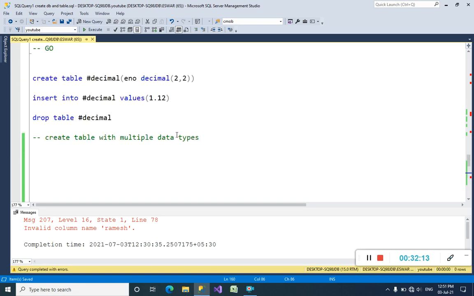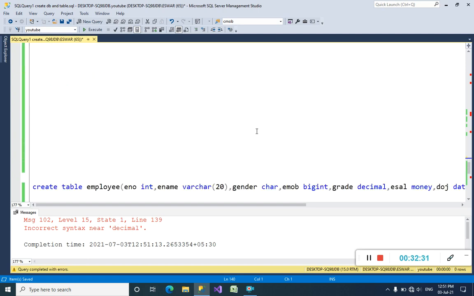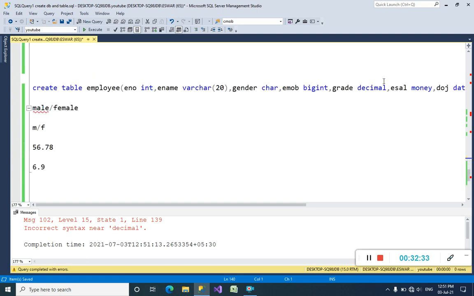Just see here: incorrect syntax near decimal. We cannot declare decimal without precision or scale. We must declare decimal with precision first.